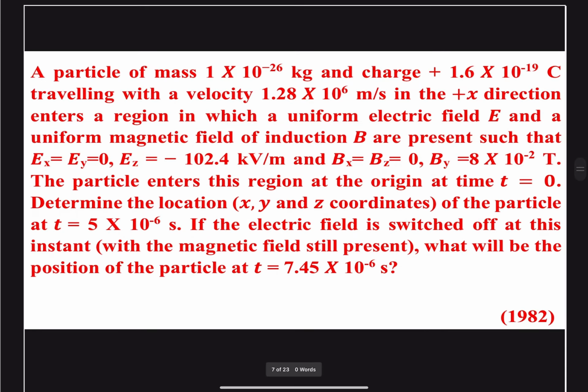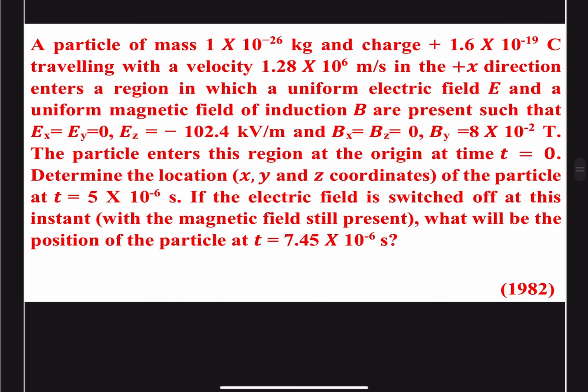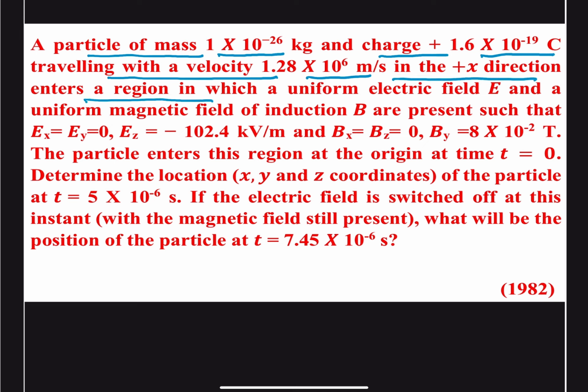second question. Now we come to the third question, which states that a particle of mass 1 into 10 to the power minus 26 kg and charge plus 1.6 into 10 to the power minus 19 coulomb, traveling with velocity of 1.28 into 10 to the power 6 meter per second in the x direction, enters a region in which a uniform electric field E and a uniform magnetic field of induction B are present,